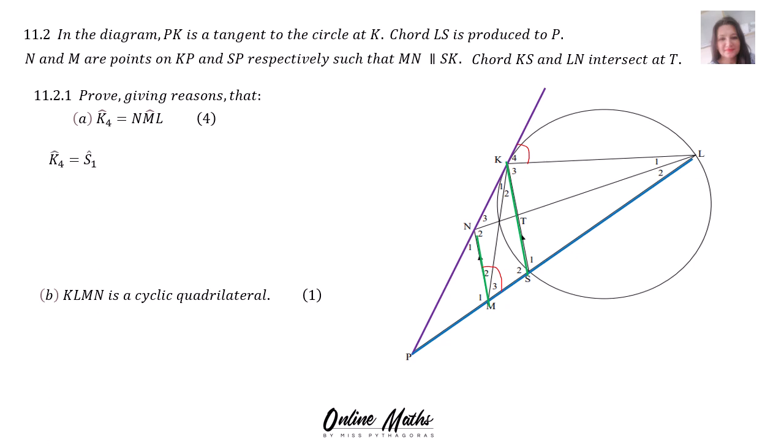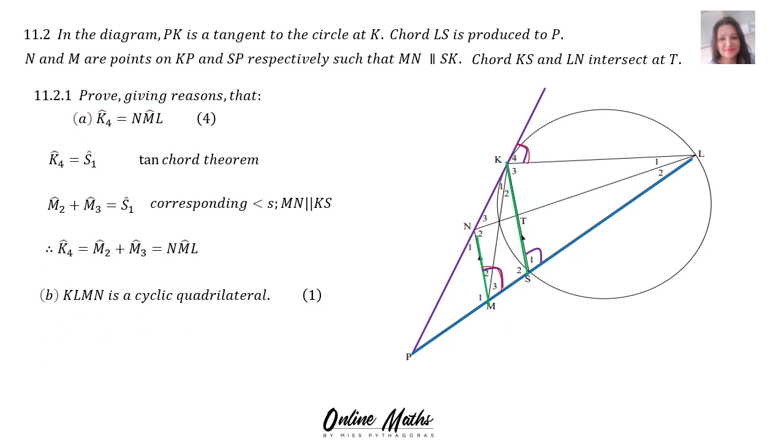We can start by saying that K4 is equal to S1 and the reason is the tan chord theorem. Then we can say that M2 plus M3 is equal to S1 and the reason is they are corresponding angles because line MN is parallel to KS and it's very clear from the sketch there. Therefore, K4 is equal to NML. And then where's your 4 marks? Statement reason. There's 2 marks there